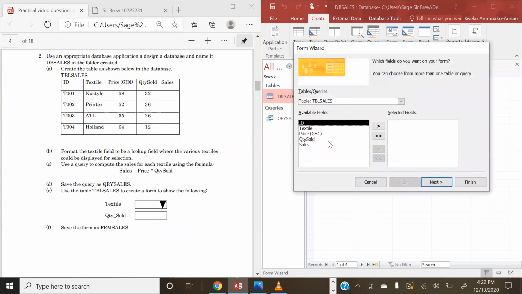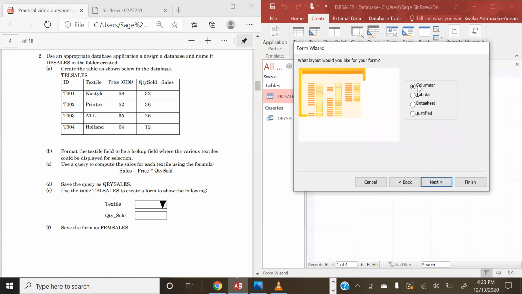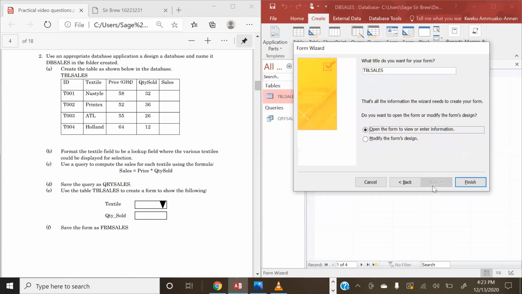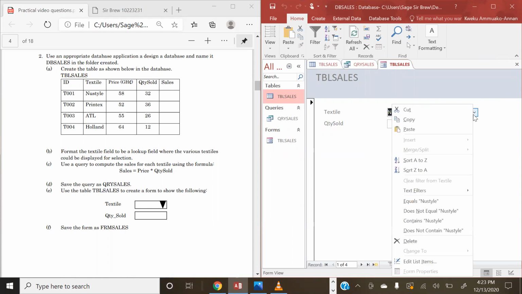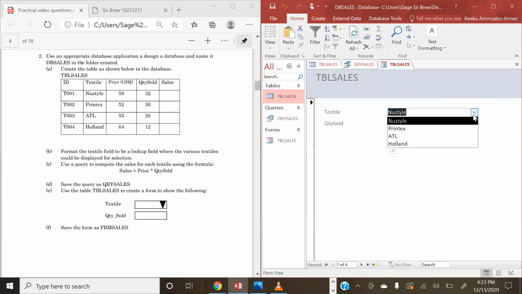Now, our form has only two fields, that's textile and quantity sold. So we don't need all the fields. All we need is what? Textile. Next one is what? Quantity sold. Click on next. We are choosing columnar, next, and finish. And there we have it. We have our textile, we have the quantity sold, and then we have our drop down button here, which shows the various types of